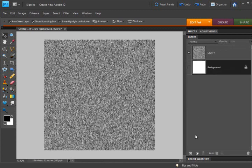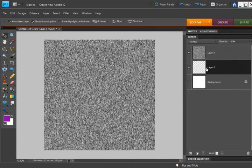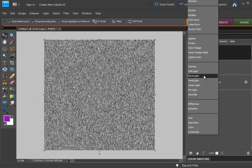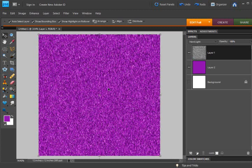Now I'm going to create a new layer, and I'm going to fill it with just a random color, and I'm going to go for purple. I'm hitting Alt backspace on my keyboard to put the foreground color in, or you can use your paint bucket or whatever method you like to use. And then I'm going to change the blending mode on our new fiber layer. Fiber, it just makes me think of a fiber bar first thing in the morning. Don't know why. It is 6 a.m. while I'm recording this, so you can immediately see what it looks like when I put a hard light blending